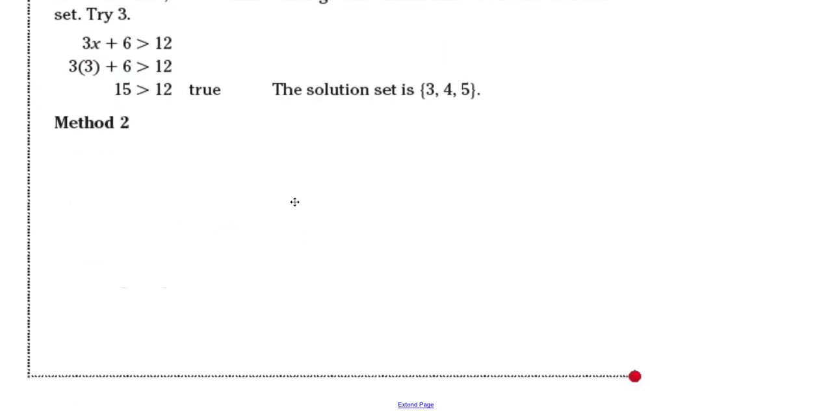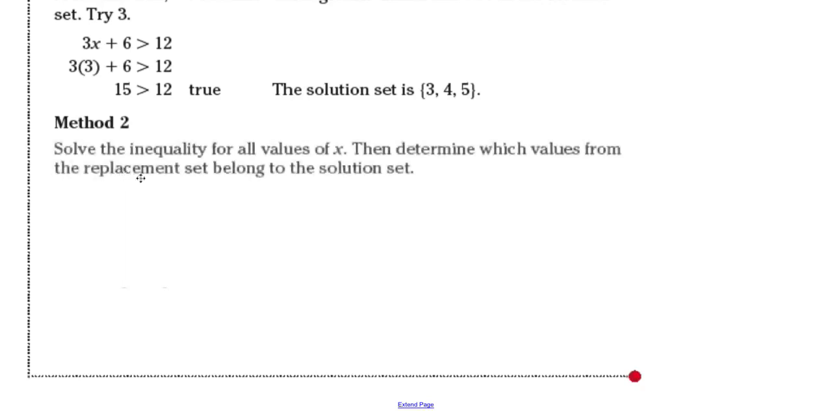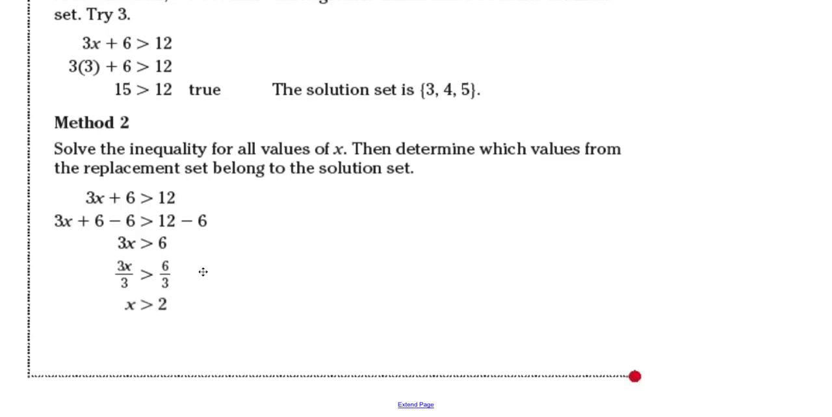Method 2 would be a lot simpler, a lot shorter to do, because in method 2, you solve the inequality for all values of x, then determine which values from the replacement set belong to the solution set. So all you need to do is solve for x. So you have 3x plus 6 greater than 12, subtract 6 from both sides, end up with 3x greater than 6, divide both sides by 3, and you end up with x is greater than